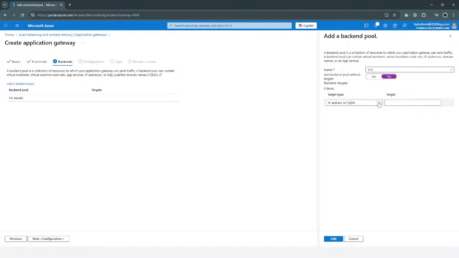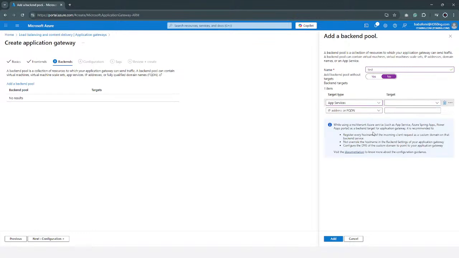It doesn't have to be a backend server that is only seated in Azure or a virtual machine seated in Azure. If I know the IP address of that particular machine, I can add it. The virtual machine itself, if it's within my environment, I can search for it. If I have a VMSS, which is the virtual machine scale set, I can use that also. Or if I have an app service within the environment, then I can add that to this particular